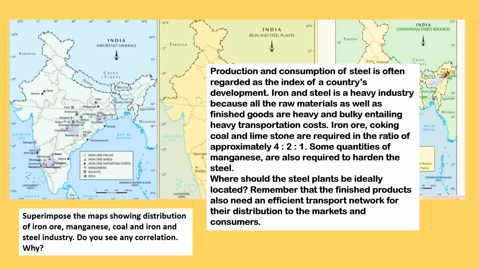Iron ore, coking coal, limestone are required in the ratio of 4:2:1. So what are they trying to tell us? That is, the location should be very close by so we can reduce transportation cost, so we can efficiently sell the finished products. Okay,